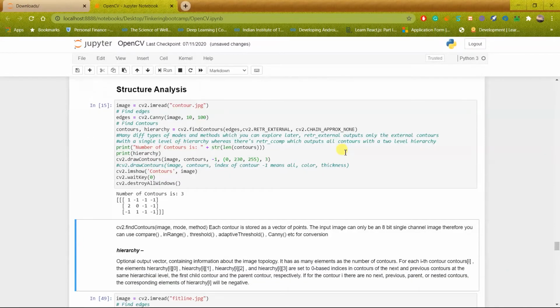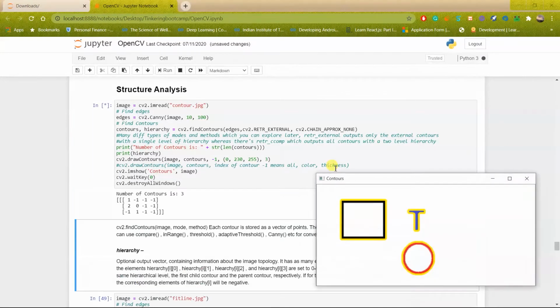RETR external, which we have used here, outputs only the external contours. So as you saw in the image which I gave as output, only the outer boundaries are marked as contours and drawn upon. So RETR external outputs only the external contours.